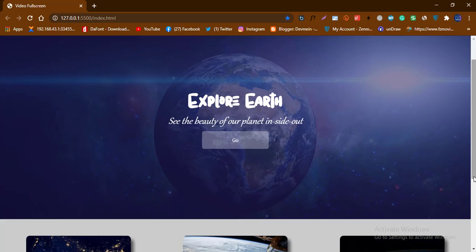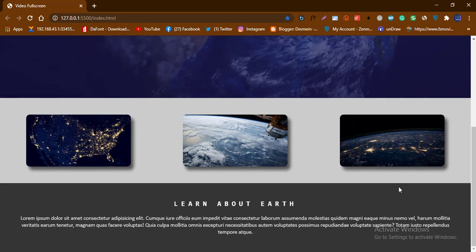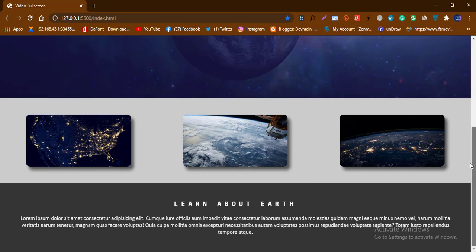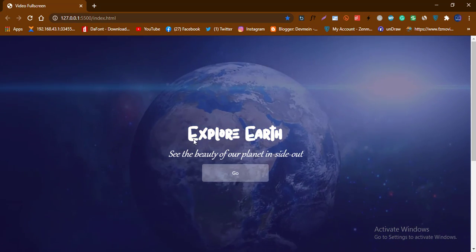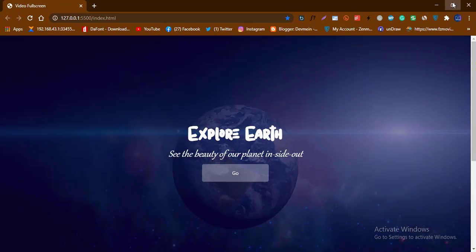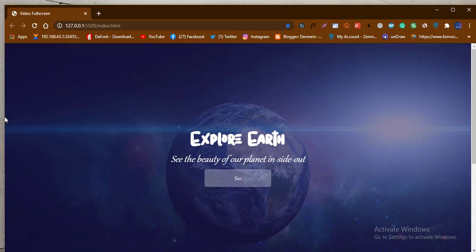And if I scroll down, I have three images here that increase, and I also have a text here. So if I go up again, you see this image contains all the width of this browser. I'm going to learn how to do this, and if I shrink this down,